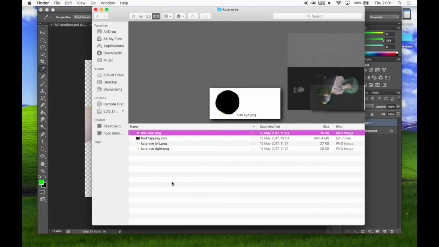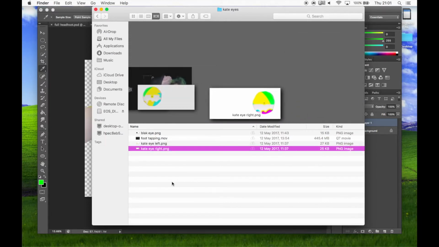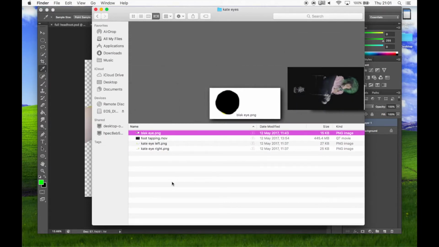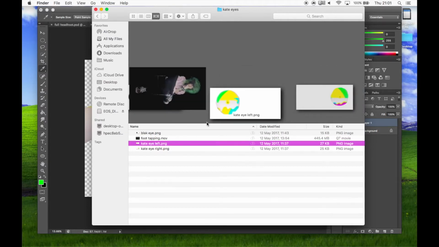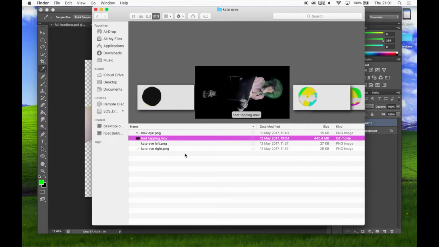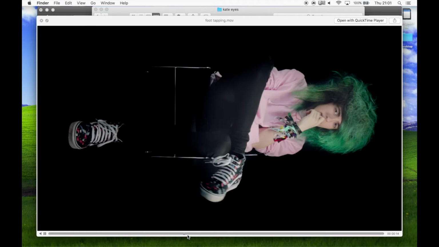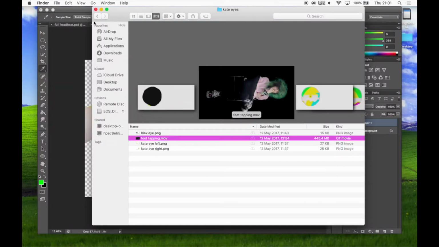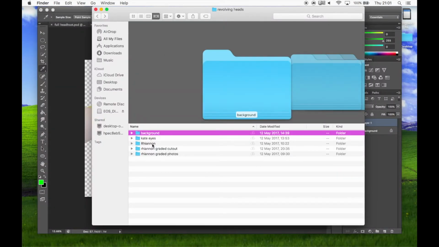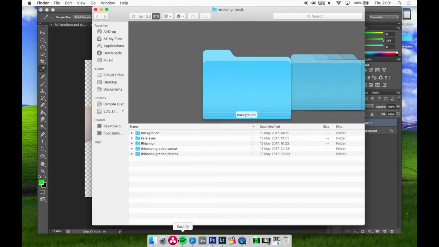I needed Kate's eyes for the next scene, so I just took screenshots of them and then cut them out. This is the little file of me tapping my foot. There's me just sitting down. That was shot flat, and then I took it into DaVinci Resolve and just made all the blacks blacker, because DaVinci Resolve is for color grading stuff. I don't think I have the files on there anymore,